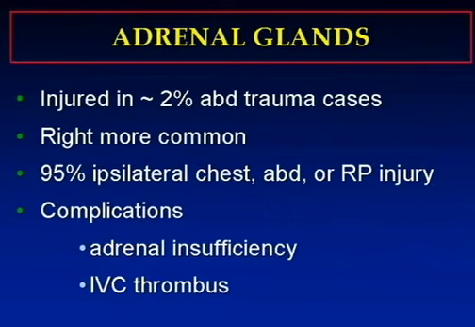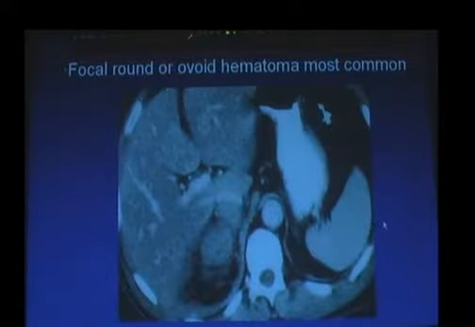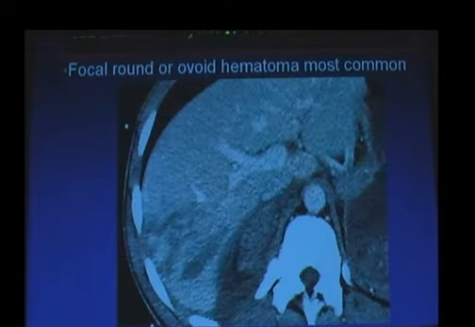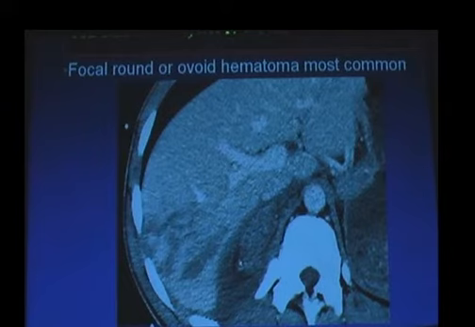That causes, in turn, slow flow and can lead to the formation of inferior vena caval thrombus. So this is the most common appearance for adrenal injury. In this case, you can see this round, high-density hematoma within the right adrenal gland with a little bit of surrounding blood. This is another very common appearance where you have this ovoid, high-density hematoma here within the right adrenal